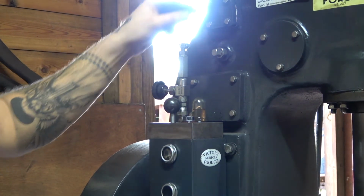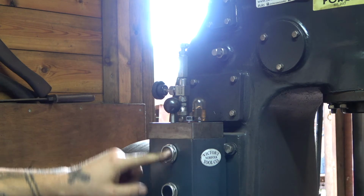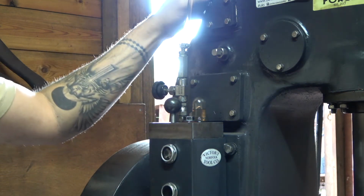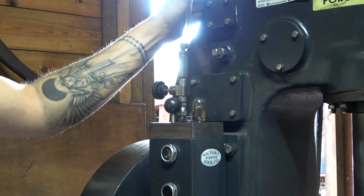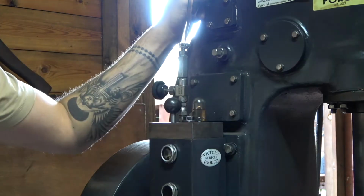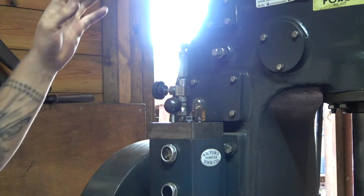Not that the light's any good, there is a pipe here that leads from the oiler reservoir up through this one-way valve and into the top of the hammer where it oils this side of the hammer, and then when it shoves air into the front side of the hammer, it'll shove the oil in with it. Right, this oiler,